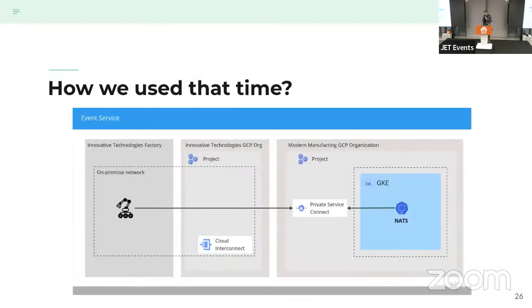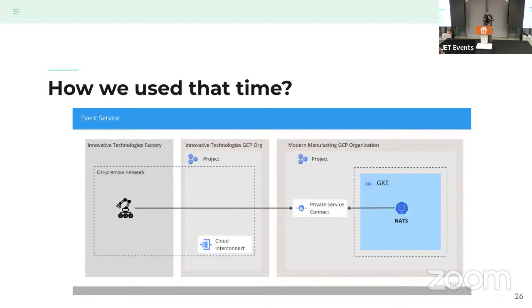So this is how we used the time I mentioned. The event service is a component which connects to the physical facility, and that way we have production events, like from the production line.